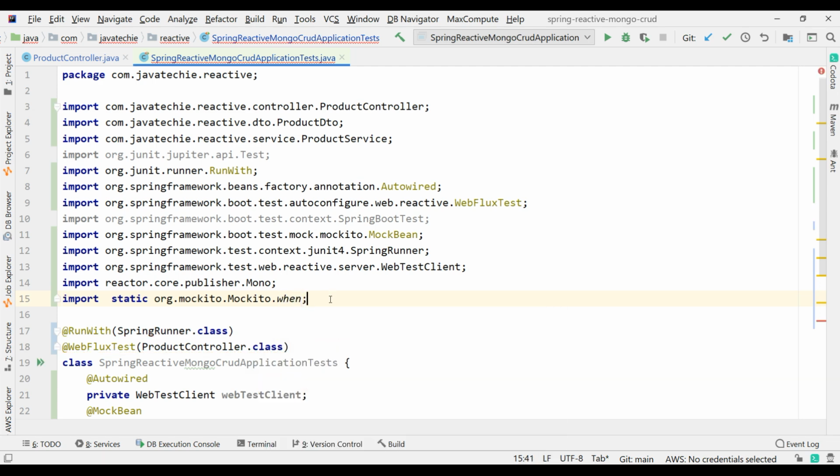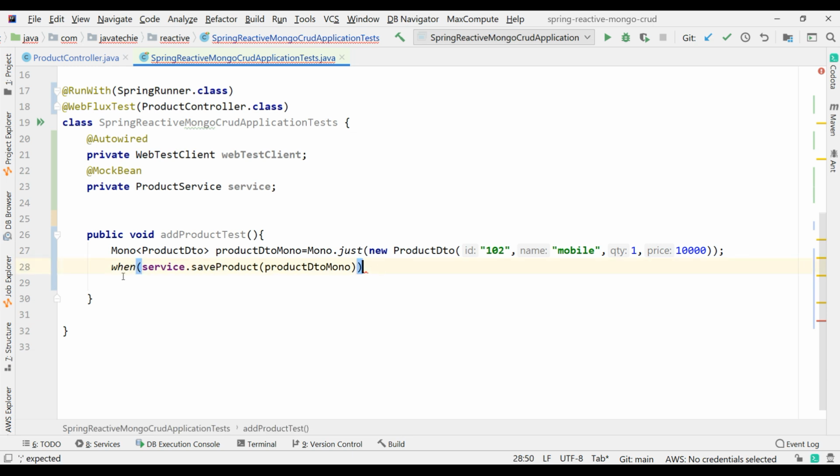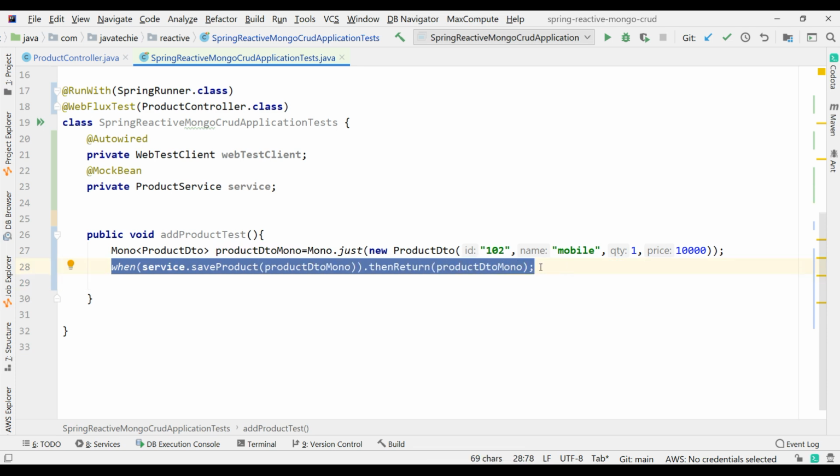Fine. When I call this service.saveProduct of this object, then I want to return, thenReturn the product Mono. I want to persist the same object, and that's what I was returning here. Now in this case the call will not go to the DB.